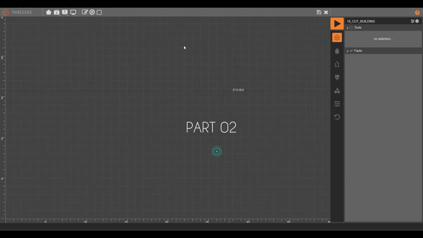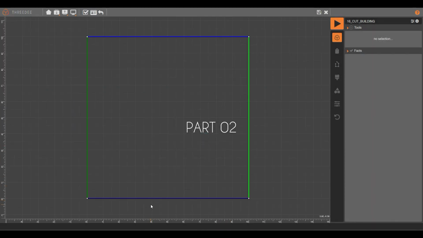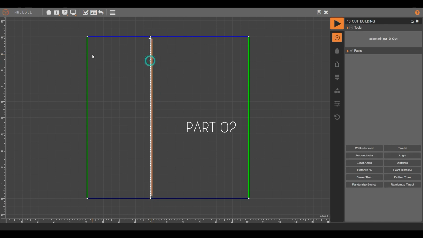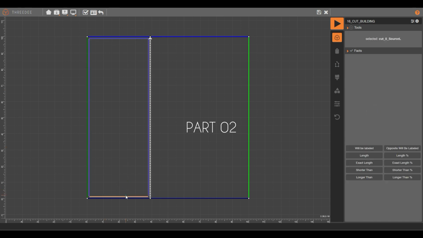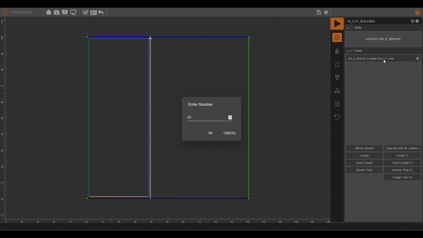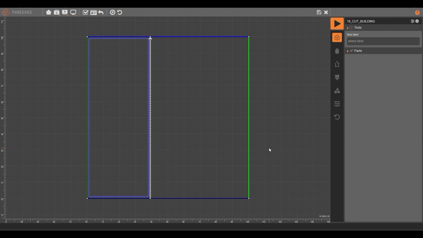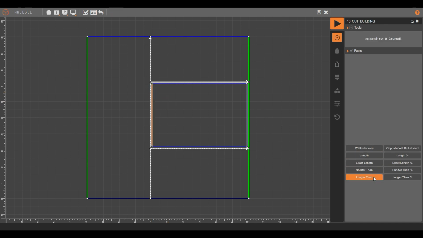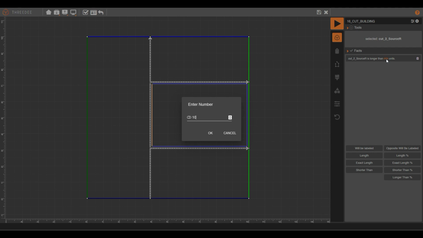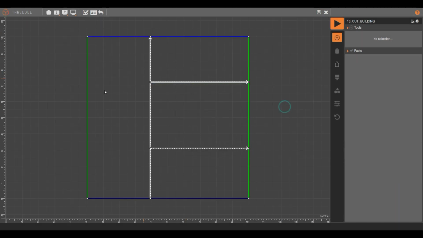The third one, you can say this will be parallel to this, and this segment will be longer than, I'll say, 10 units, and I say here a perpendicular, another perpendicular here, and this segment will be longer than also 10 units, and I can say